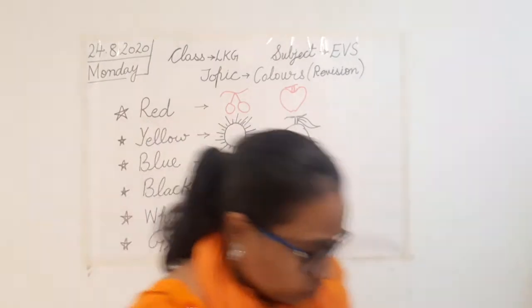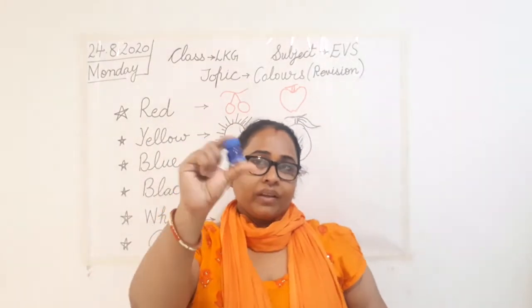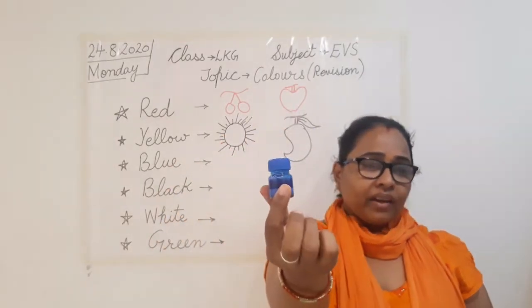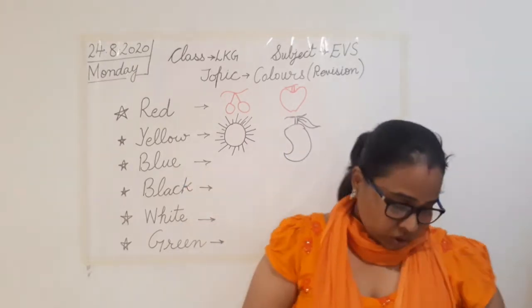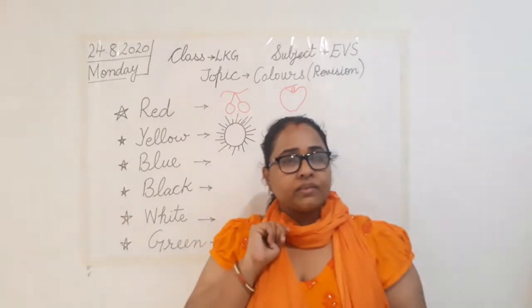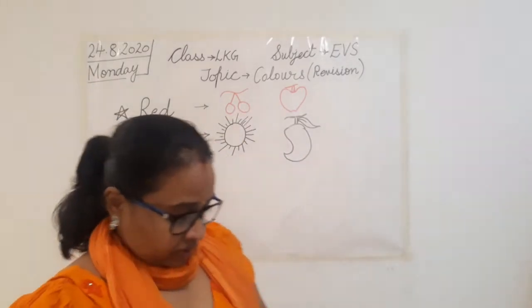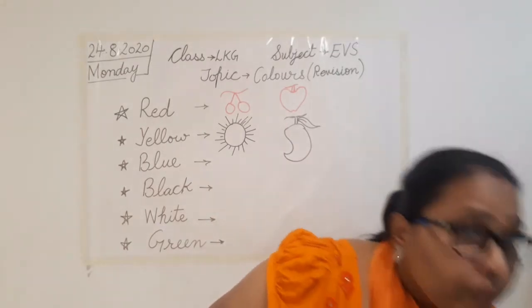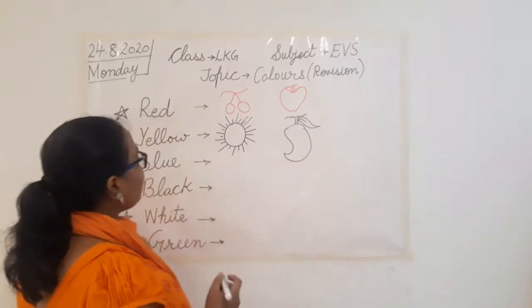So now you have to tell me what color is this? What color I am having in my hand? Can you identify it? It is blue. Yes, it's blue color. So can you tell me two objects that are blue in color? We have something that fly in the sky और जिसकी वजह से rainfall भी होता है. What is that? Clouds. So clouds are blue in color.